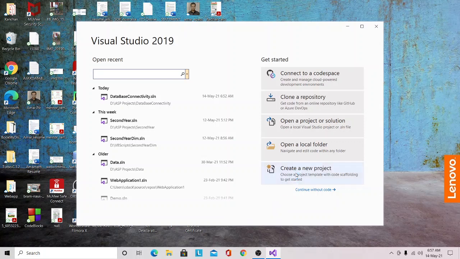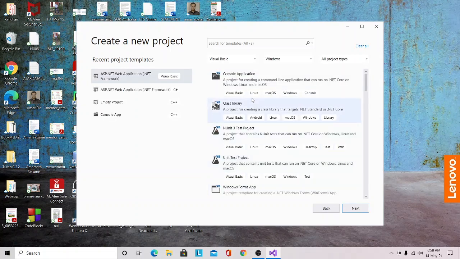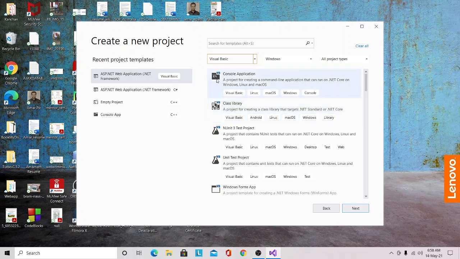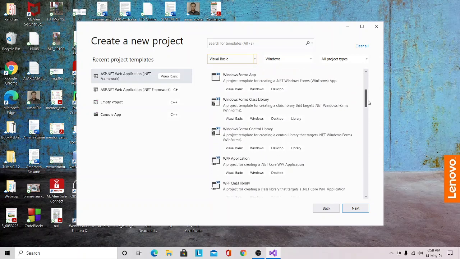First, I will click on create a new project. Then here you can find all languages. I will select Visual Basic because I need to execute the Visual Basic programming language code. Then you can scroll down.